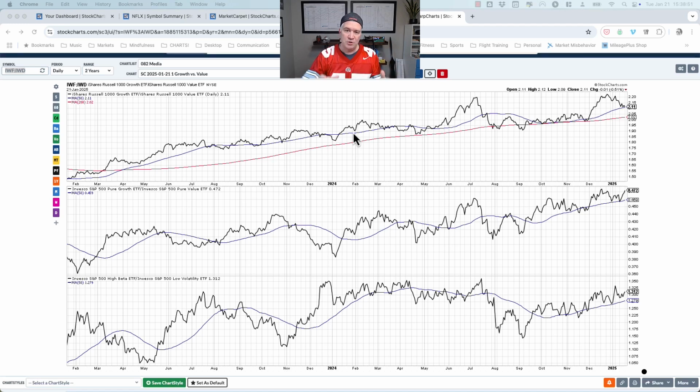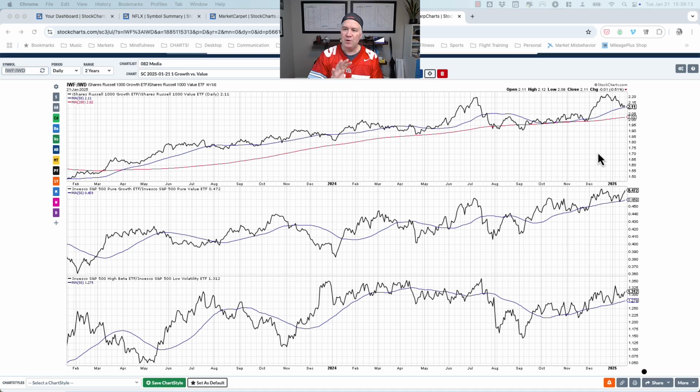So I would encourage you to use that visualization along with some of the charts that we're showing here to really understand leadership rotation and what is emerging in a new potential leadership role. I think that's where the RRG is so valuable. But again, this ratio chart, this first one, helps you understand the relationship of the growth sectors versus the value